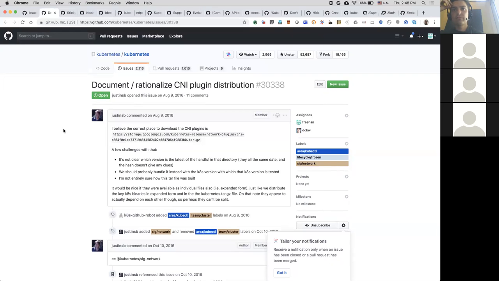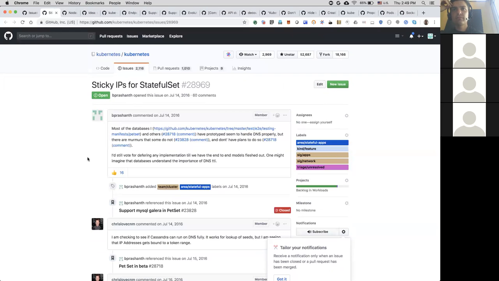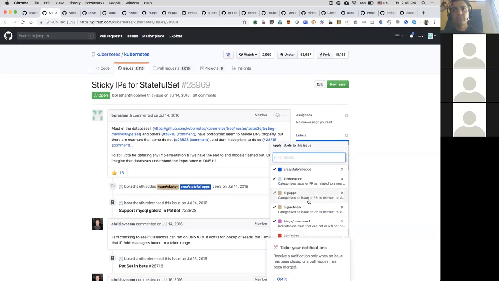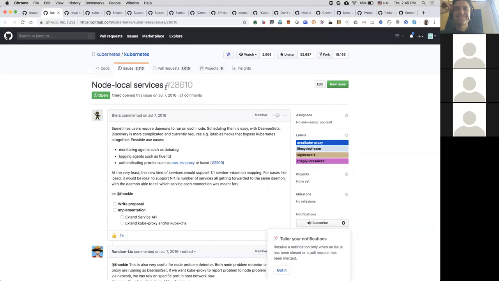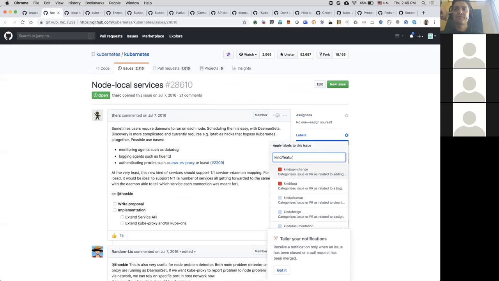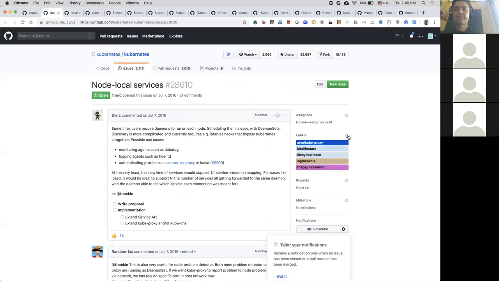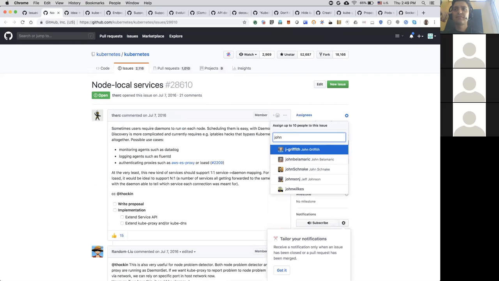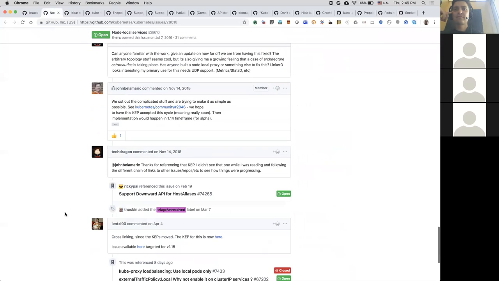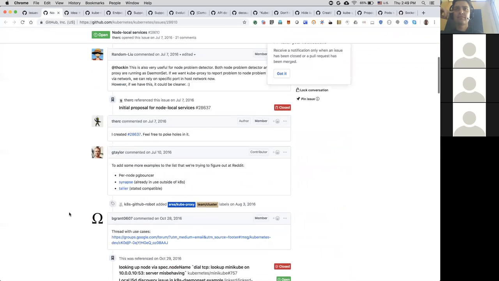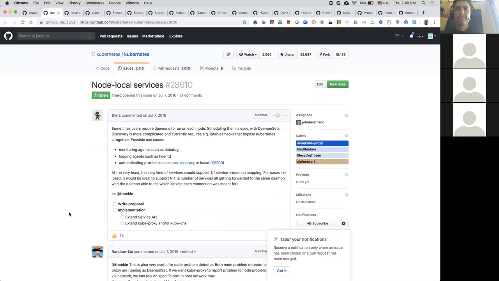Let's try triage. Sticky IPs is a feature, right? This is a feature. All right. Next. Not gonna happen. No. Oh, this one's happening, right? Can we link it to topology? Well, it's sort of stalled. Yeah, you can assign that to me. We've got the cap, but Mark hasn't. No people. The team, yeah, I think they're just busy. I don't know if Eugene or anybody's on the call.